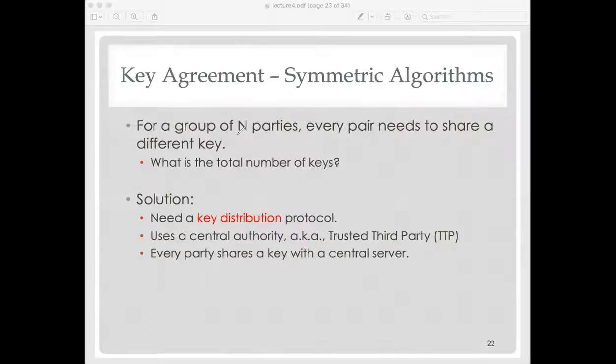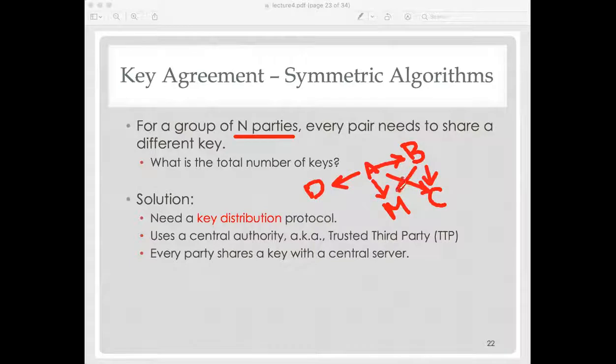is if we do this for n parties, n keys. Sorry, for n parties, for example Alice wants to talk to Bob, she has a key. And then if we have Charlie and Mallory, we realize Alice needs a key with Bob, a key with Charlie, a key with Mallory, a key with David. Then Bob needs a key with Charlie, Mallory, Alice, and David. So we start to have lots and lots of keys. And the total number of keys in this case is, we need for the n players, for each one of those,